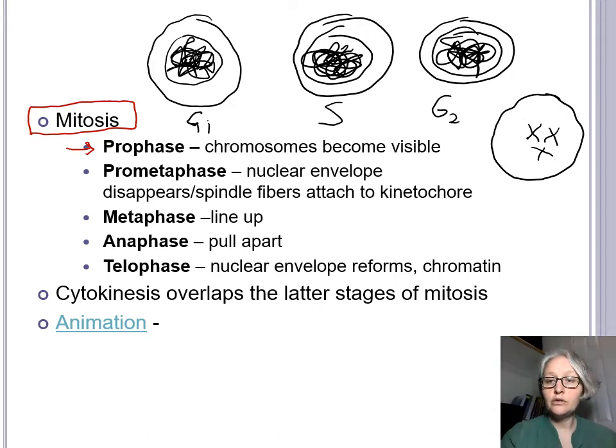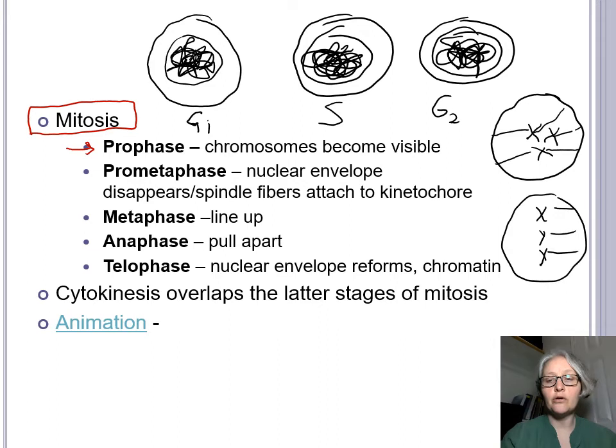In prometaphase, the nuclear envelope is going to disappear. So we're going to lose that nuclear envelope, and spindle fibers are going to begin to come and attach to our chromosomes. In metaphase, this is going to continue until all of your chromosomes have lined up across the middle of the cell. In anaphase, those chromosomes are going to begin to pull apart,